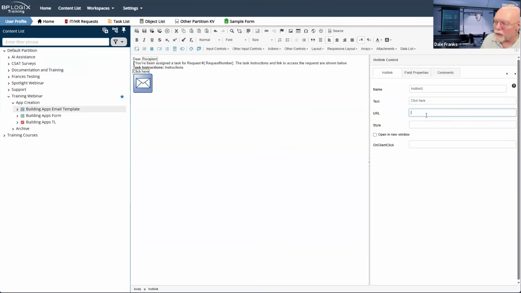And to make our link, we're just going to use the same system variable for all of these, which is email underscore URL. This will construct via system variable the appropriate URL that the user will be able to click to get access to their task, either in task context or not, whatever is appropriate whenever they receive the email, as we discussed earlier. Open a new window is completely unnecessary because this is going to be in an email. So there's really nothing else we need to do here.